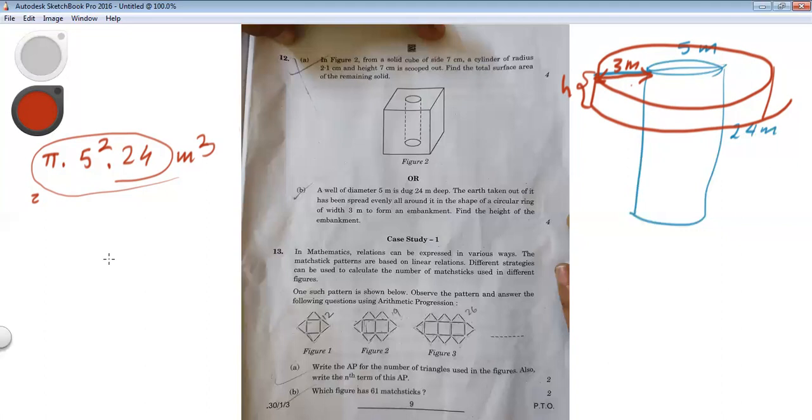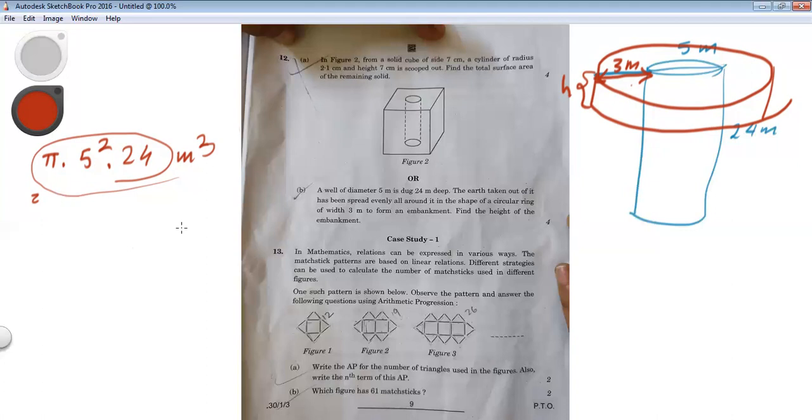We are using the statement: the earth taken out of it has been spread evenly all around it in the shape of a circular ring of width 3 meters to form an embankment. Okay. So now,